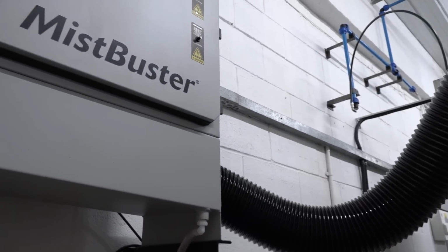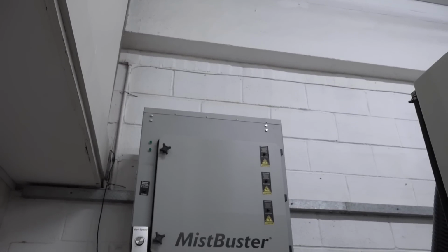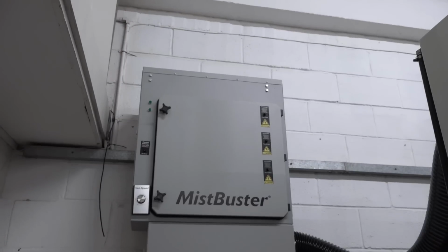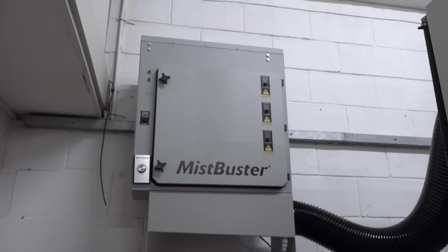I believe everyone should have a MistBuster on the basis that it's a sustainable product, it's kind to the environment, and we all need to be kinder to the environment. Its low energy consumption is one major factor for the MistBuster, but also the fact that you're not having throwaway media, which will impact not only on the monthly cost or the annual cost of servicing, but also impact on